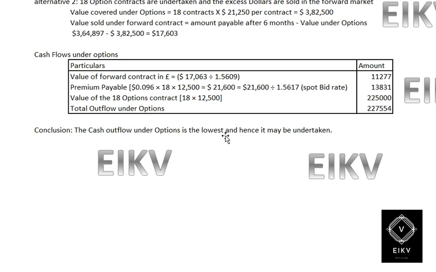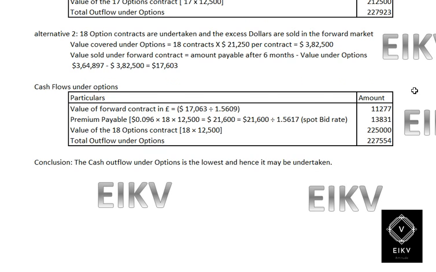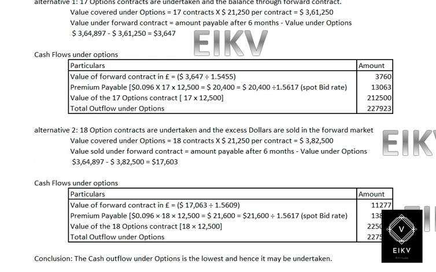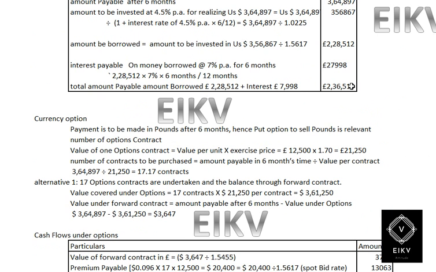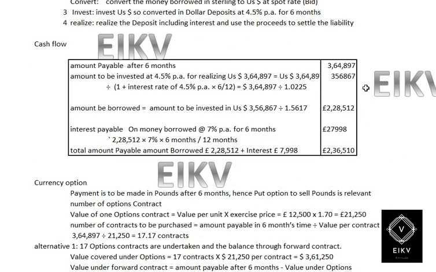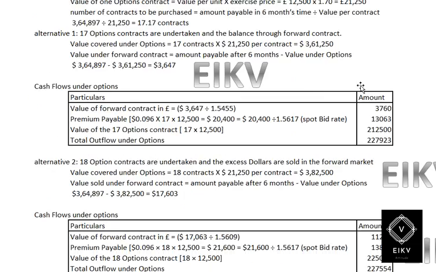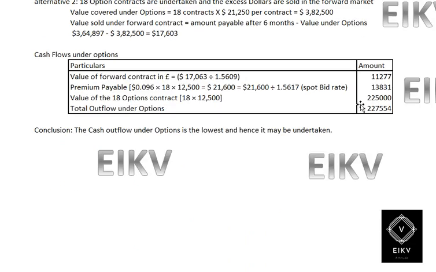Conclusion: the cash flow under the option is the lowest, and hence it may be considered. So when we check these three alternatives, we can find that the best option is 2,27,554. When we check the money market, it would be 2,36,510, and for the forward market it would be 2,36,102. So the final decision would be going ahead with the option alternative, which will be